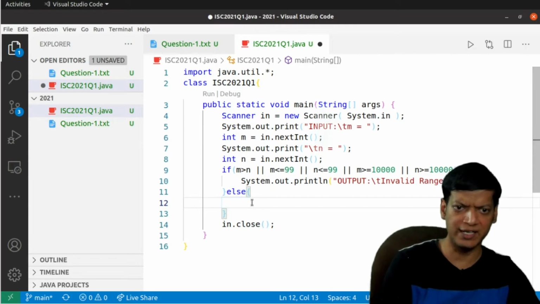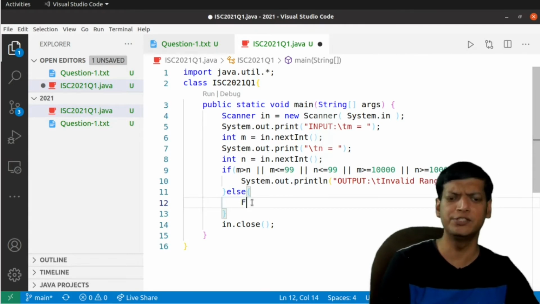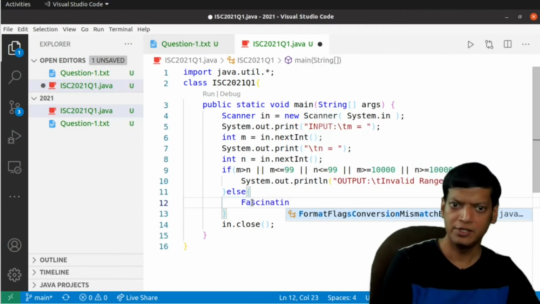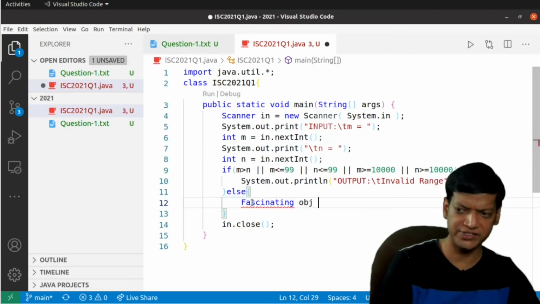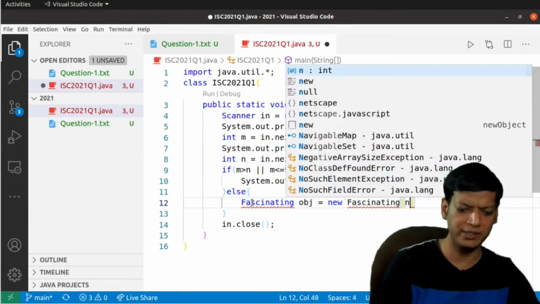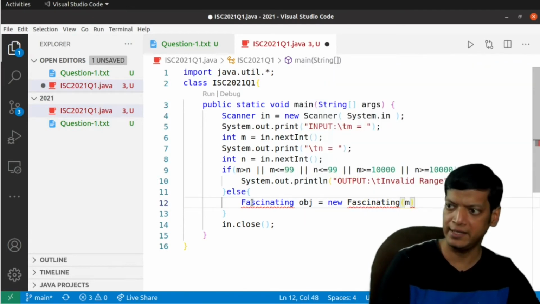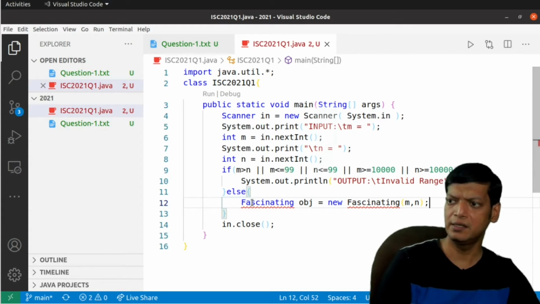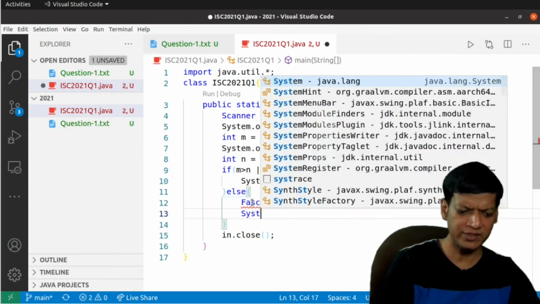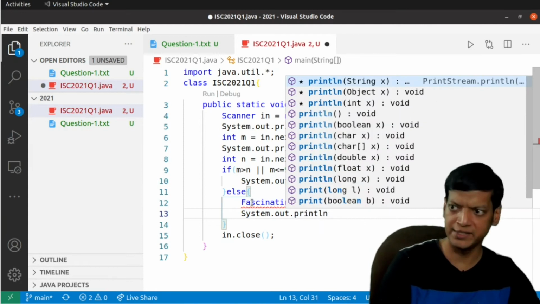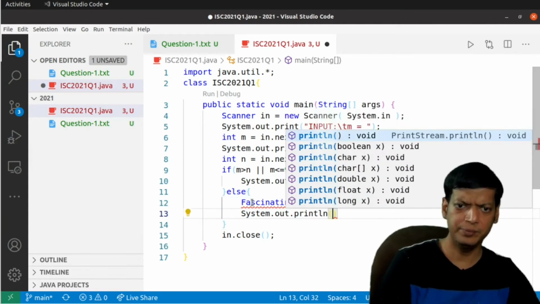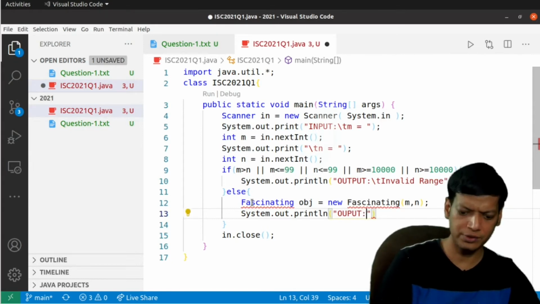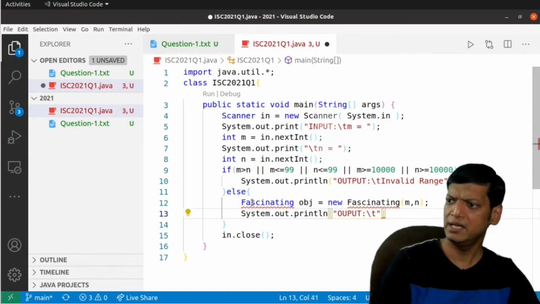So we'll create a class, and since we are talking about fascinating numbers, we'll create a class by the name of Fascinating, and we'll say Fascinating obj is equal to new Fascinating, and then to the constructor of the Fascinating class, we'll pass the values m and n. So m comma n. Once this is done, our object will be created, and then we'll say System.out.println,